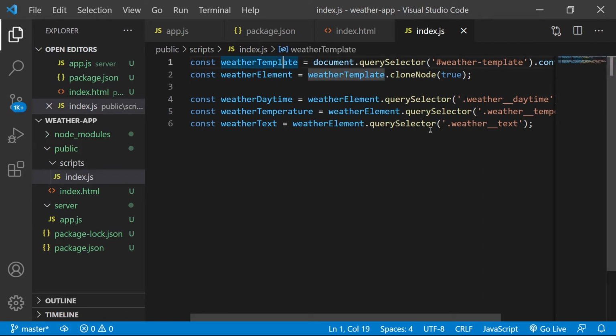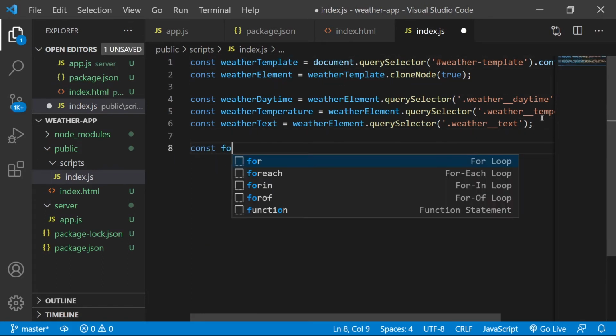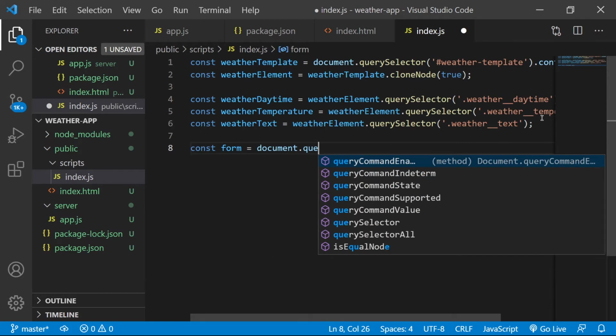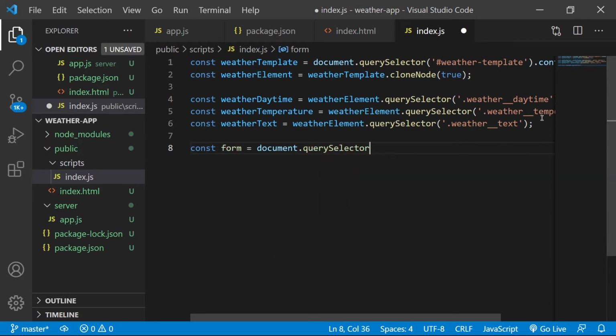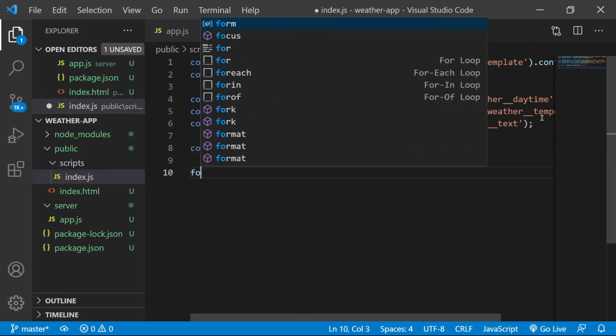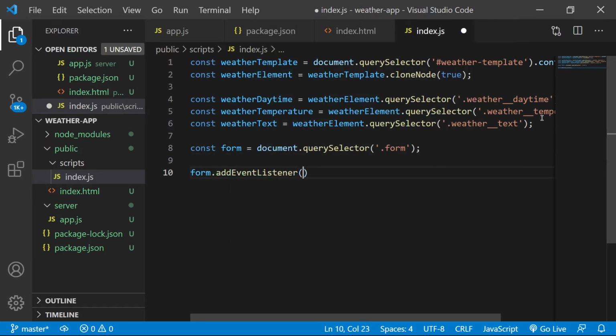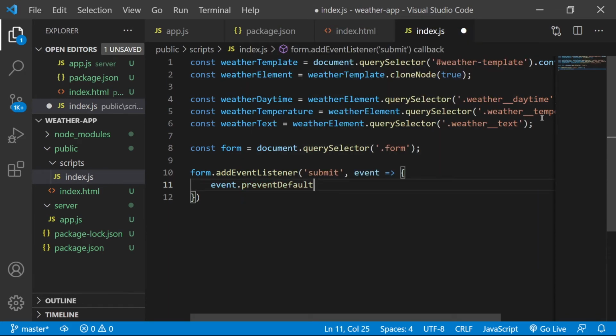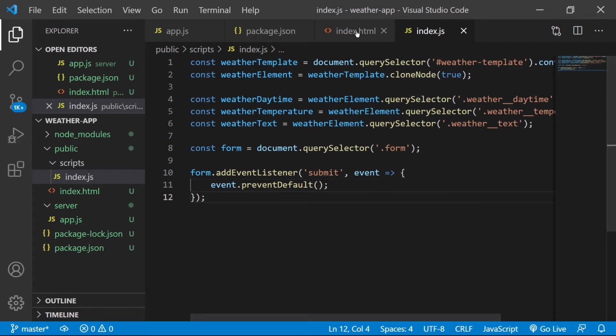Let's come over here and do const form document query selector form. And now when I listen to the submit event, I want to go ahead and prevent the default. Oh, prevent default.